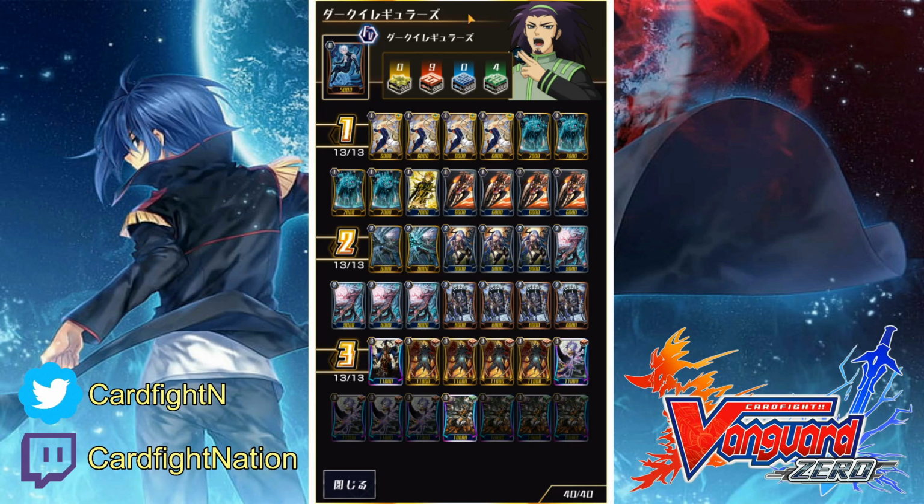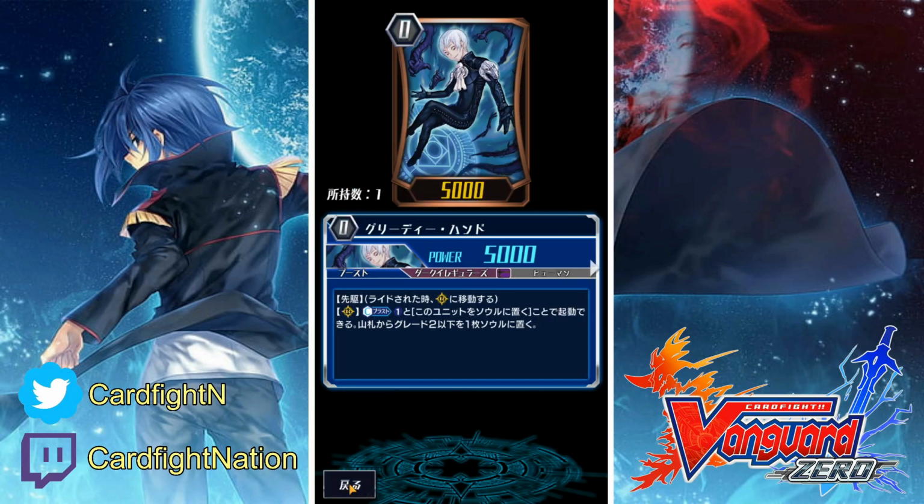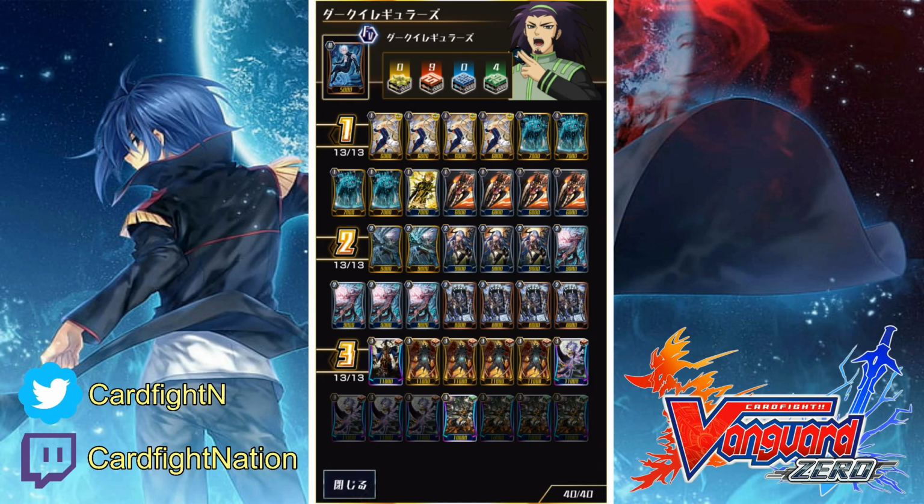As you can see, we are playing Greedy Hand as our starter. I do believe his name is Greedy Hand, I'm not too sure, because I used to play this card in real life a long time ago. And yeah, it's Greedy Hand, just double check it. So we are playing Greedy Hand as our starter, and then for our grade 1 we have 4 PG, which is super important. And then we got 1 Yellow Boat,